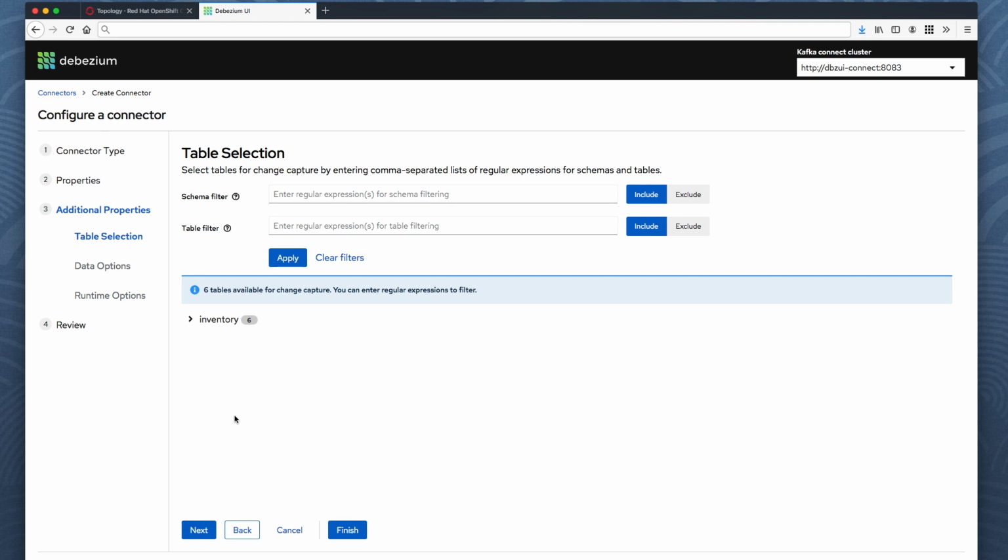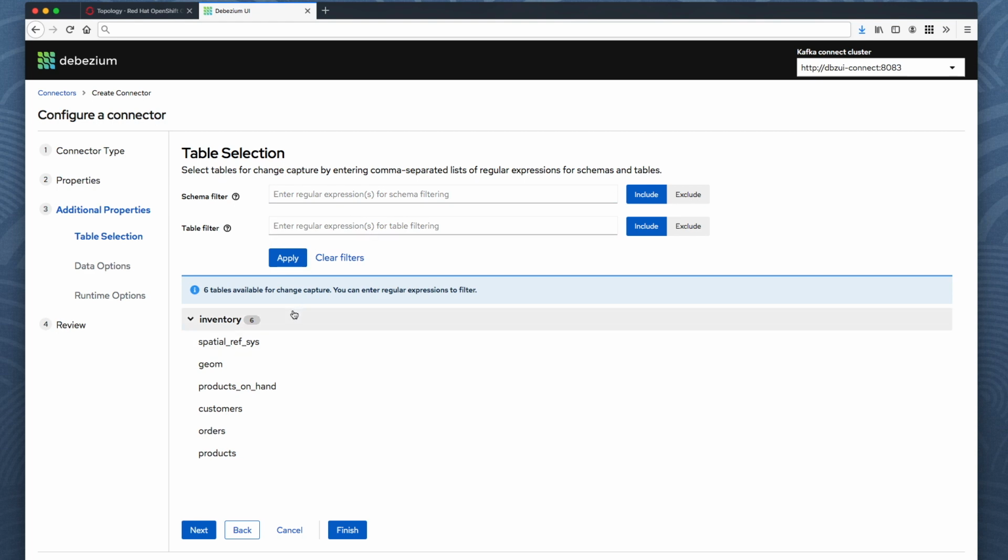I'm going to select which tables I would like to capture change events from. And the thing is, there can be many, many tables in a database you're applying Debezium to. So there could be hundreds or even thousands of tables showing up here. This is why we figured, okay, selecting tables from a list of names isn't really feasible. Instead, you would rather work with those filter expressions as you are already familiar with from the regular Debezium connector